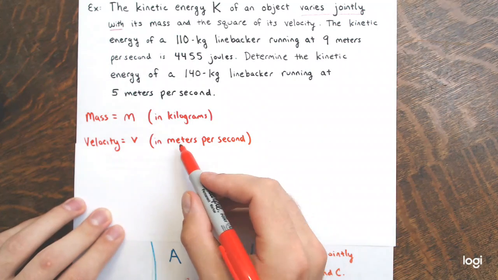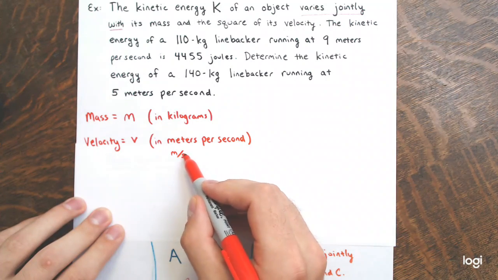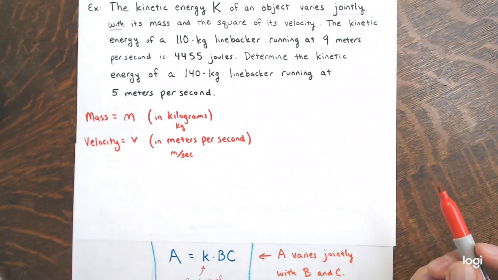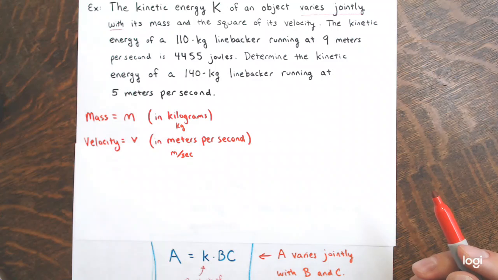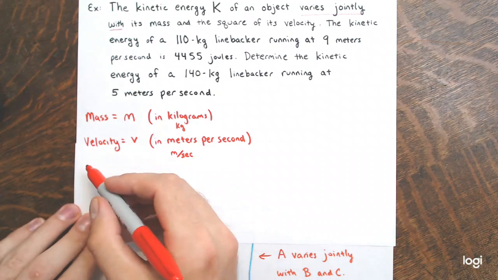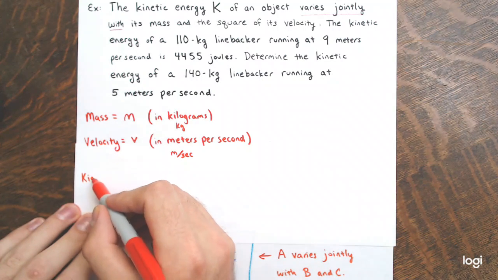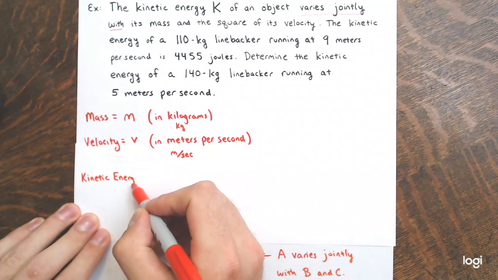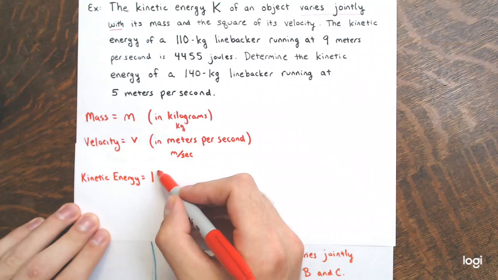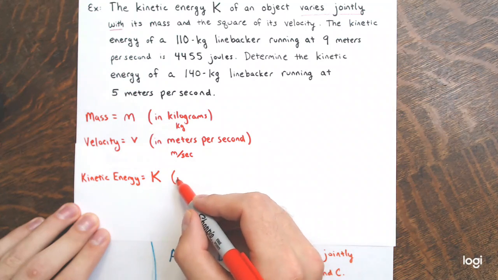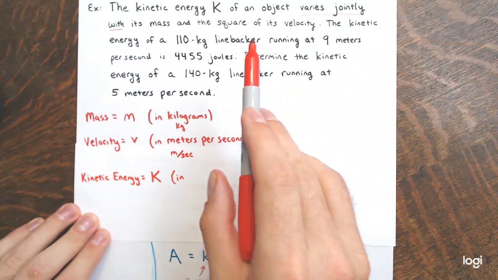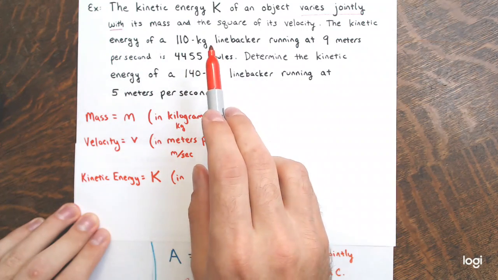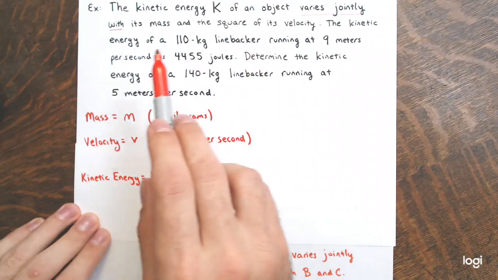Right, or I can do meters per second like that. And then again, I can just do kg for kilograms. And the kinetic energy I've already stated was the letter K, again a capital K. And that's in what are called joules, right? Energy's in joules here. They say the kinetic energy of a 110 kilogram linebacker running at 9 meters per second